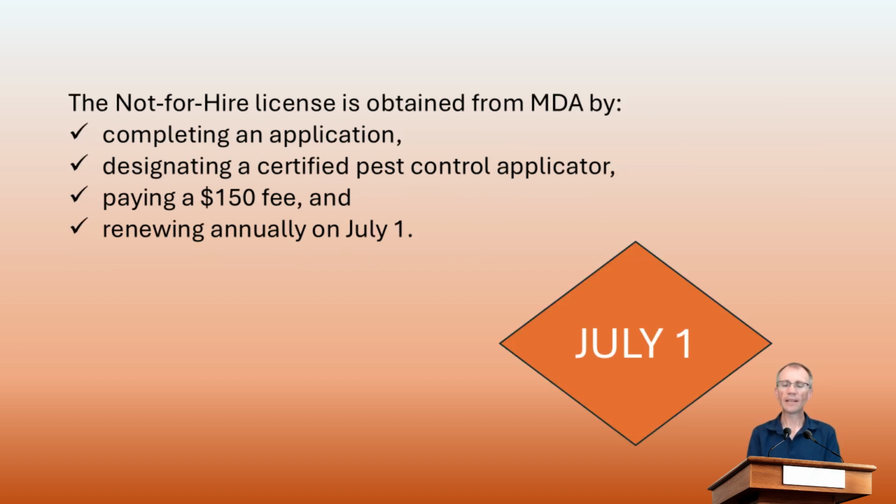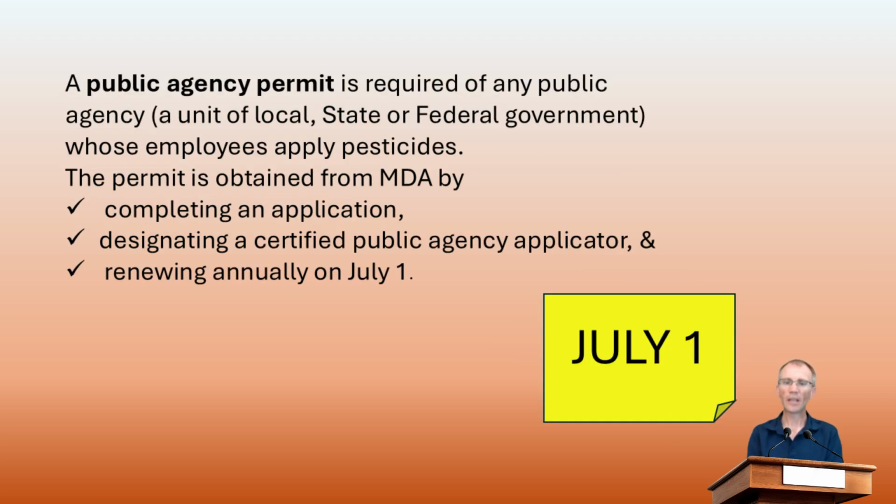The not-for-hire license is obtained from MDA by completing an application, designating a certified pest control applicator, paying a $150 fee, and renewing annually on July 1st. A public agency permit is required of any public agency, a unit of local, state, or federal government whose employees apply pesticides. The permit is obtained from MDA by completing an application, designating a certified public agency applicator, and renewing